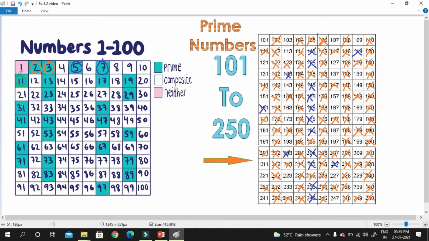So multiples of 11 are 110, which is already cut, 121, 132 already done, 143, then 154 already done, 165 already done, 176 already done, 187, then 198 already done, 209, then afterwards 220, then 231 already cut down, then 242.